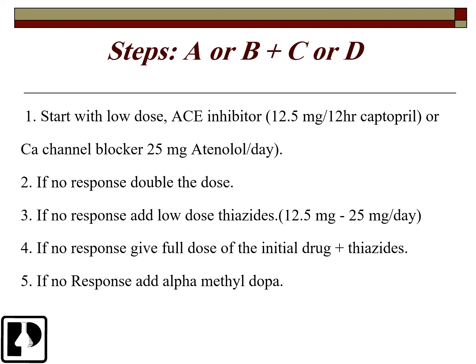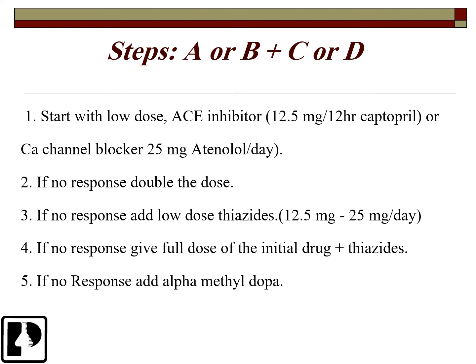The rules for using antihypertensive drugs start with a low dose ACE inhibitor, 12.5 milligram every 12 hours of captopril, or a calcium channel blocker 25 milligram once per day. If no response, double the dose. If no response, add a low dose thiazide. So we are taking another drug from the second group,